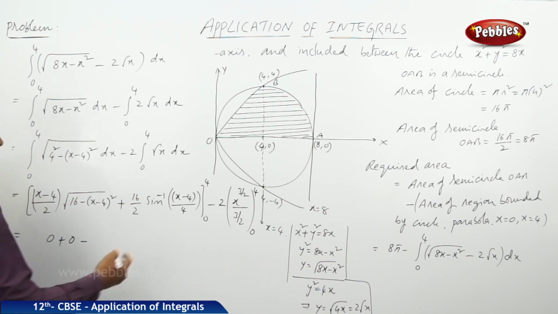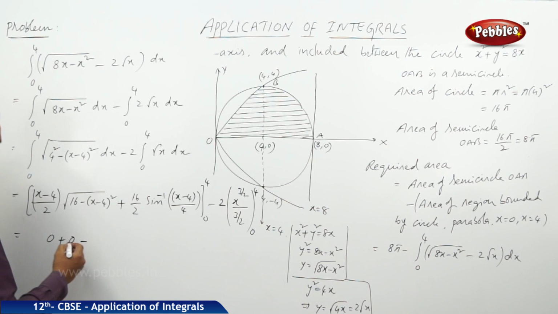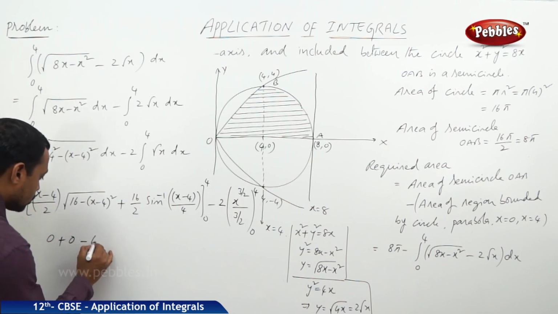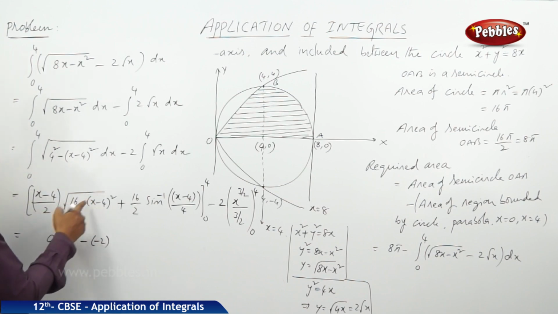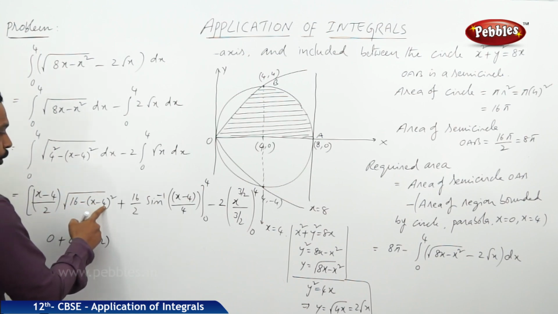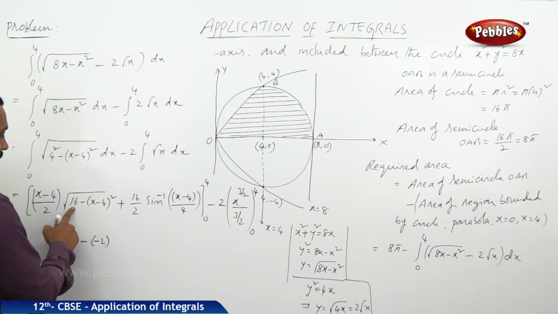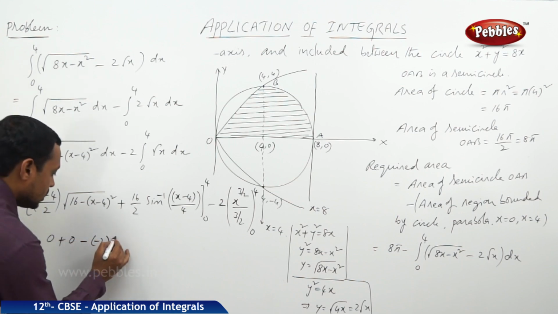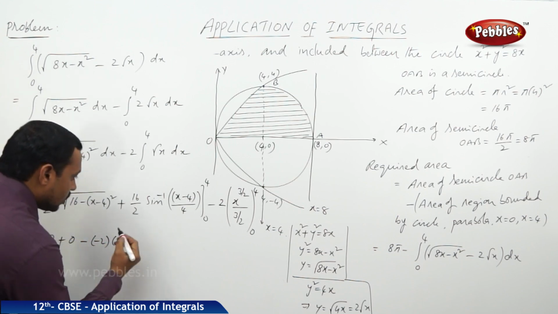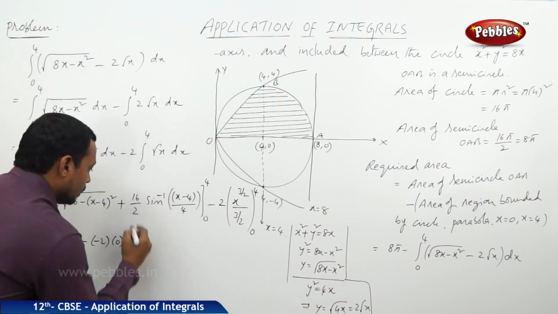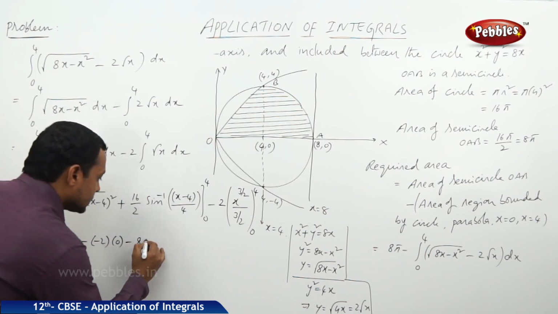Minus of, now substituting 0. When we substitute 0, it is minus 4 by 2, minus 2 into square root of 16 minus (0 minus 4) whole square, 16 minus 16 is 0, and 0 into something is always 0. Now minus 16 by 2 is equal to 8, sin inverse,